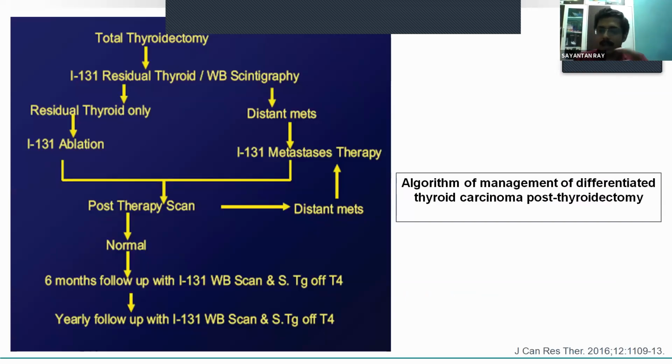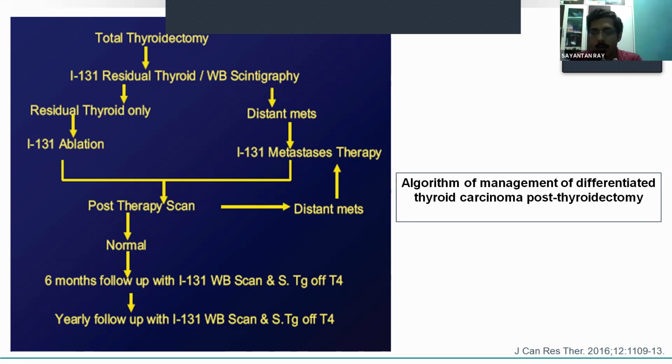So this is a simple algorithm for management of differentiated thyroid cancer post-thyroidectomy. Conventionally, 3 to 4 weeks after total thyroidectomy, a low dose of I-131 scintigraphy is performed to assess the presence of residual thyroid tissue and also to quantify the amount of remnant tissue, either by a thyroid uptake or by planar imaging. And following the I-131